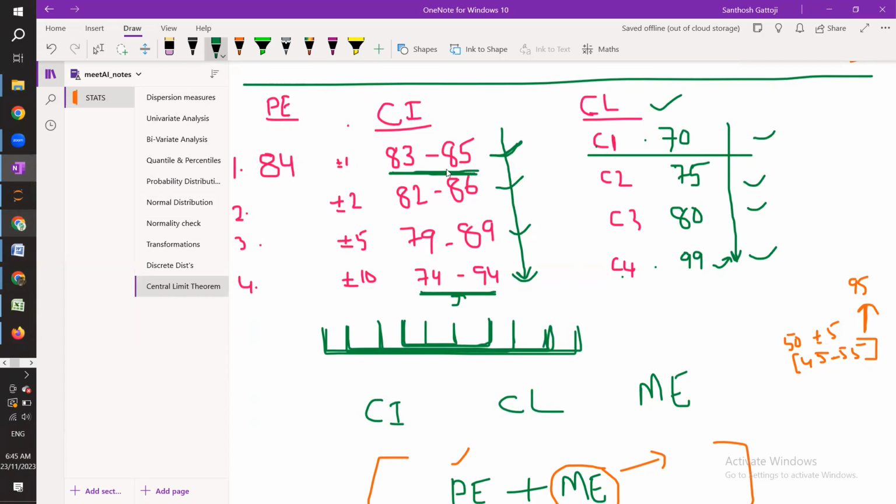Agree? That's the reason for higher confidence. See here, this is a higher 99% confidence. A higher confidence level results in wider confidence intervals. That means if the confidence level is increasing, the width of the confidence interval will also increase. But as you decrease the confidence level, the width of the confidence interval will also decrease. That's what we have studied,